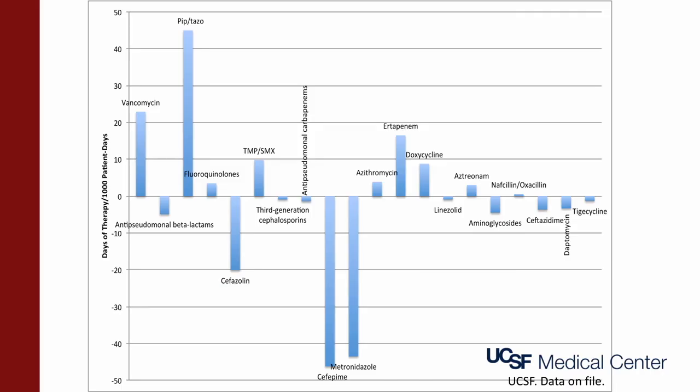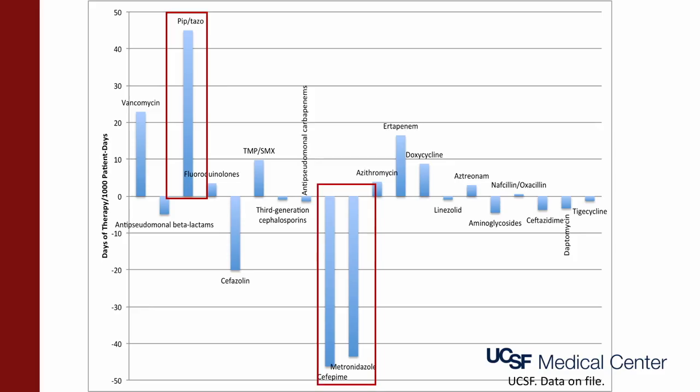In a number of cases, differences can be explained by substitution effects. For example, while UCSF uses far more piperacillin tazobactam than the average, it uses much less cefepime, such that there is little difference in anti-pseudomonal penicillins and cephalosporins as a group. We were surprised that the next biggest outlier was vancomycin, so we decided to look into it more.